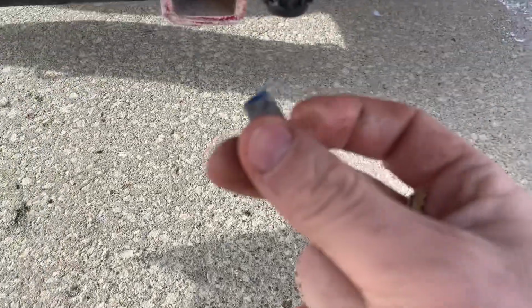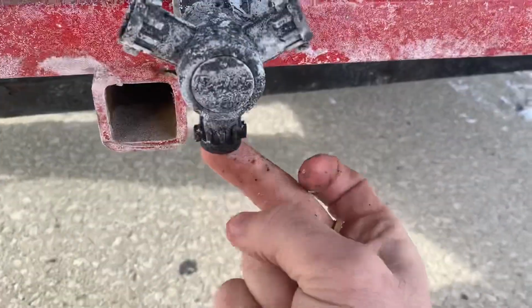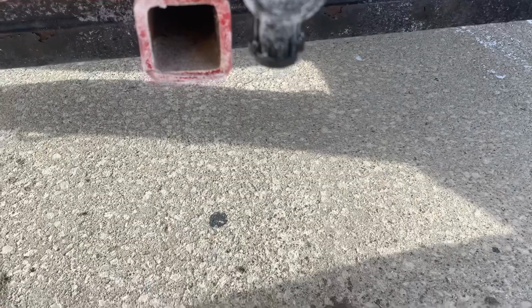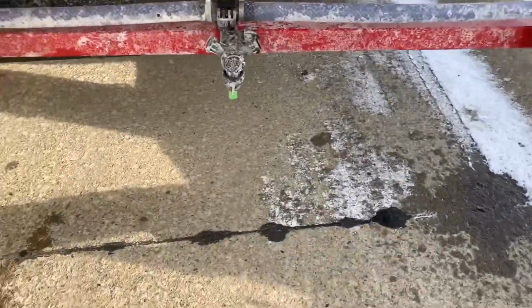Most of the time I can just blow the debris off of it, but clean them up, stick them back in there, put your nozzle back on. And actually, I should get better about doing this every time I go out. That way